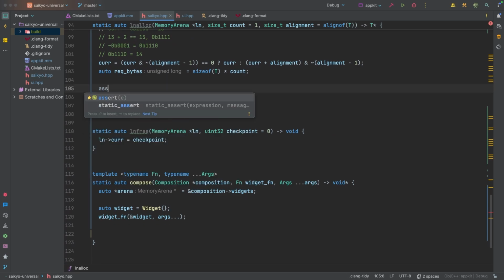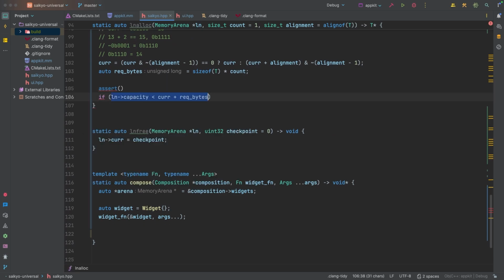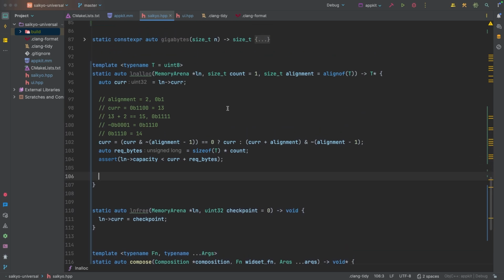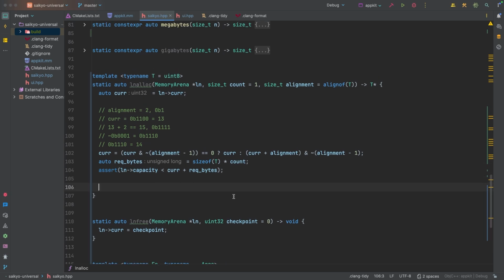I want to avoid this case happening, so what we'll do is we will assert that this never happens. You would think you might return a null pointer here, but for me this will be a straight error because we're doing a lot of pre-allocation. So I want this to straight up die when this condition happens, which is why we're using assert for now. Awesome. Okay, so assuming that this passes, then our current now will be properly aligned, ready to give us a